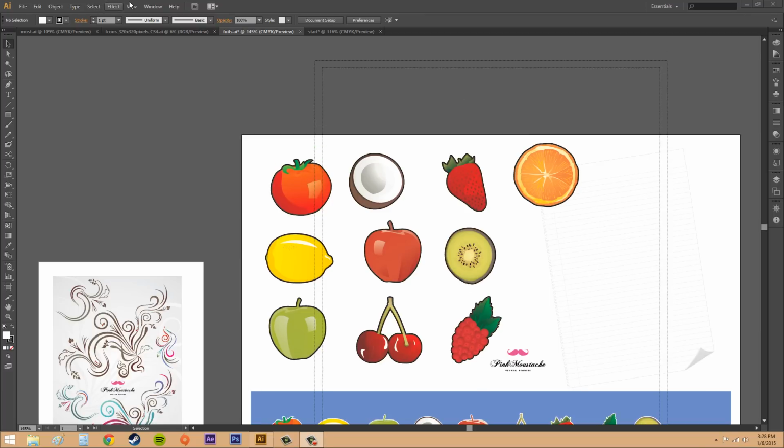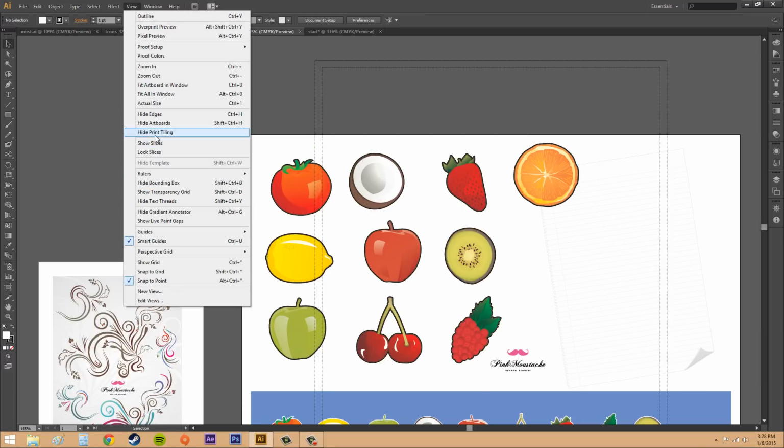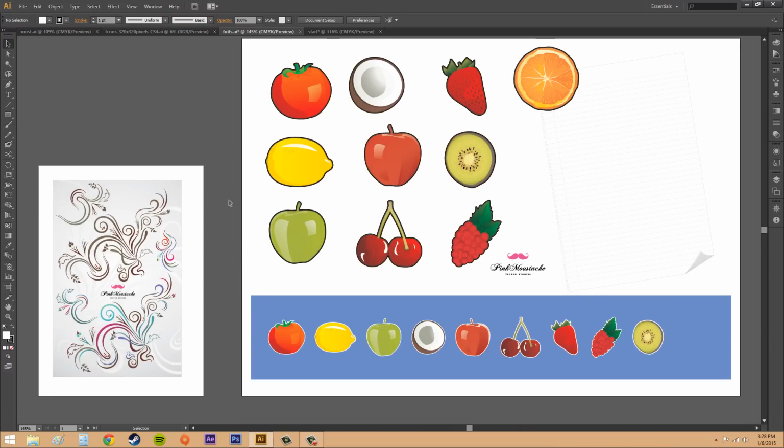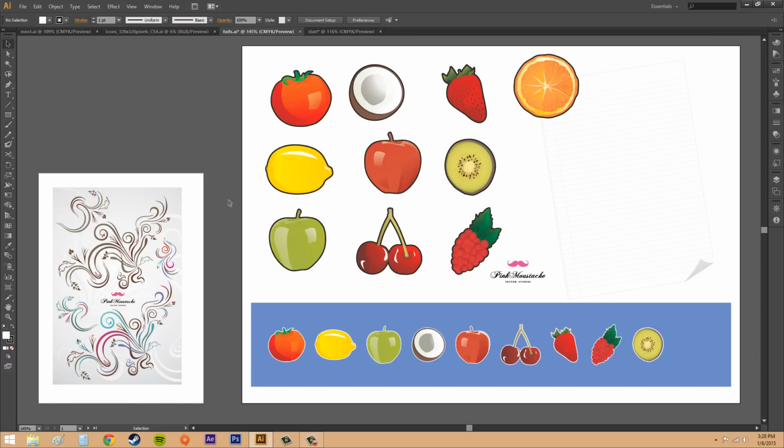Now there's a couple other views. I'm going to take this off. Hide Print Tiling, it changes to hide. And there's a couple other views called output views. These preview modes pretty much display this in different types of modes or different previews because of the different way you're going to output the object. So if you're going to print it on a high-class printer, or if you're going to do something else, or you're going to use it on the web, it's going to show you how it's going to look with those previews. So let's go to our view,